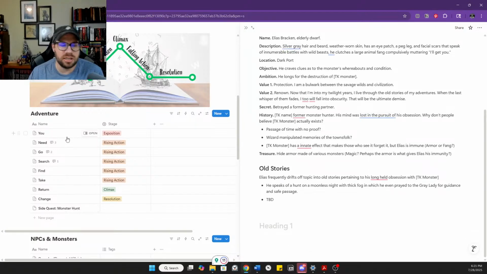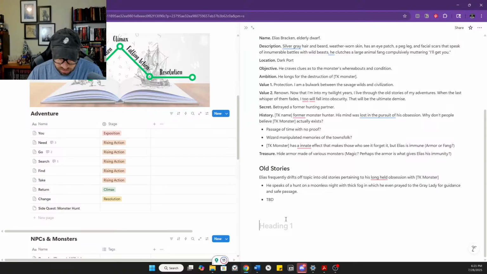We want to do a different page for it in our adventure list here, because the characters may not engage with this side quest right away. They may come back to it later, and we would just want to make it easy for ourselves to go back and find it without being like, oh crap, which adventure was it in again? And so we could just look it up on the side.